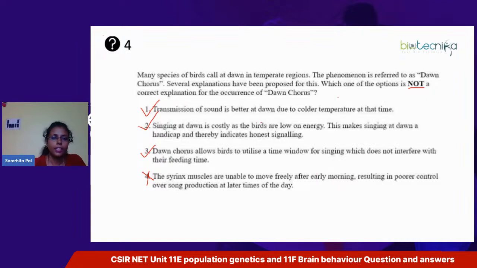Right? Okay, let me give you one more idea regarding this handicap hypothesis, and how it is related to fitness. For those who are still having some doubt, it will be clear to you. Another example of this handicap hypothesis is related to the peacocks. See, peacocks, they have very long tails, right? And the peahens,